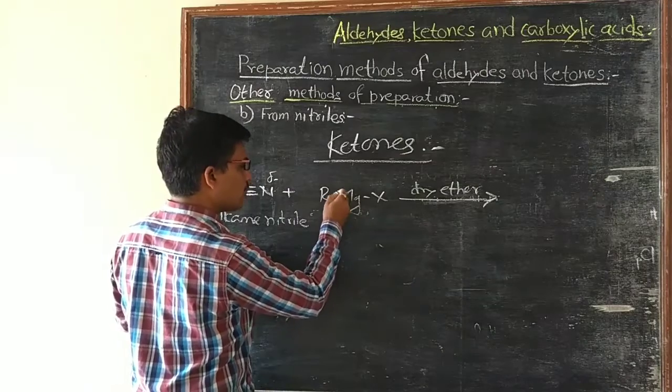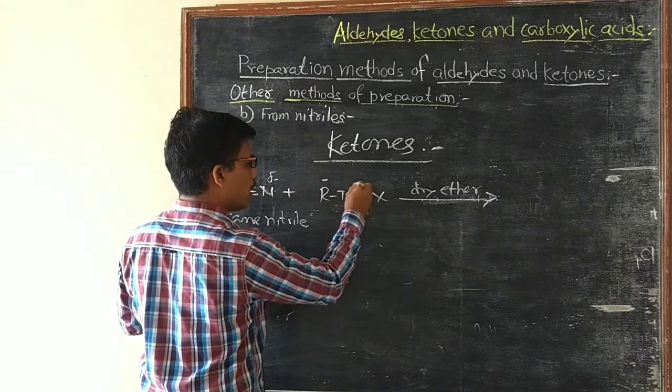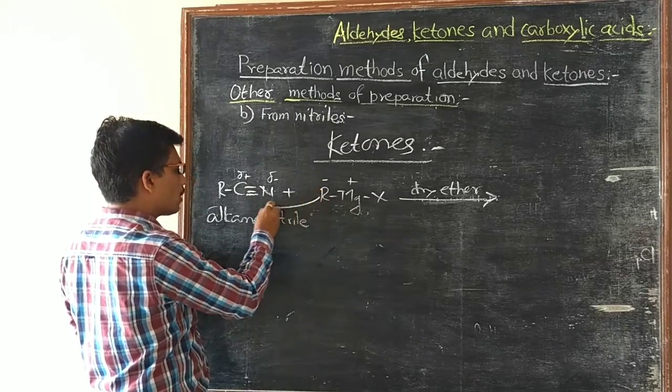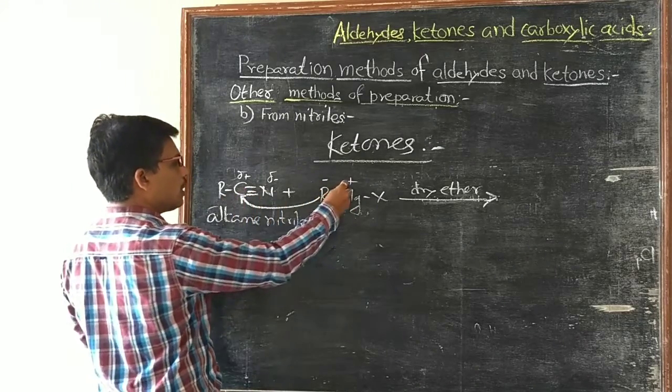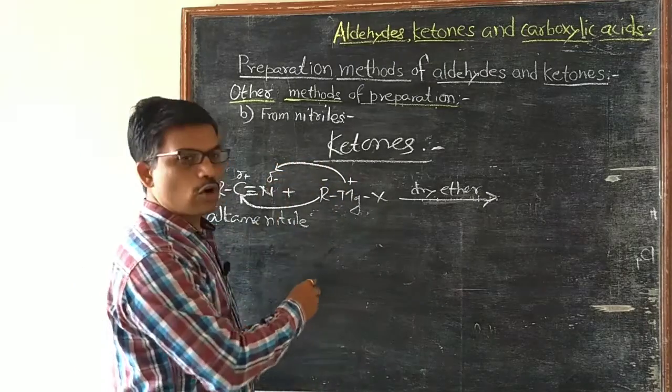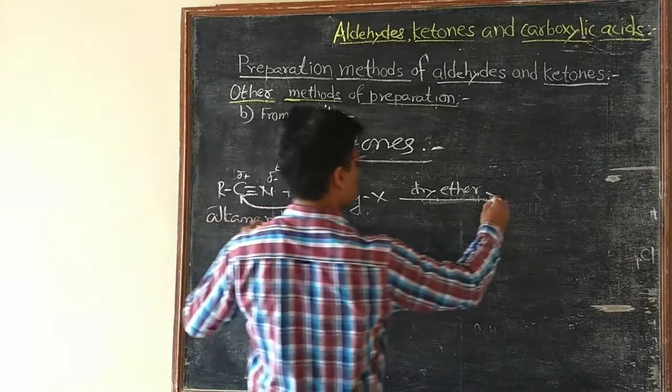In Grignard's reagent, R is negative and Mg is positive, therefore this alkyl group approaches this carbon and magnesium approaches this nitrogen to form its addition product,